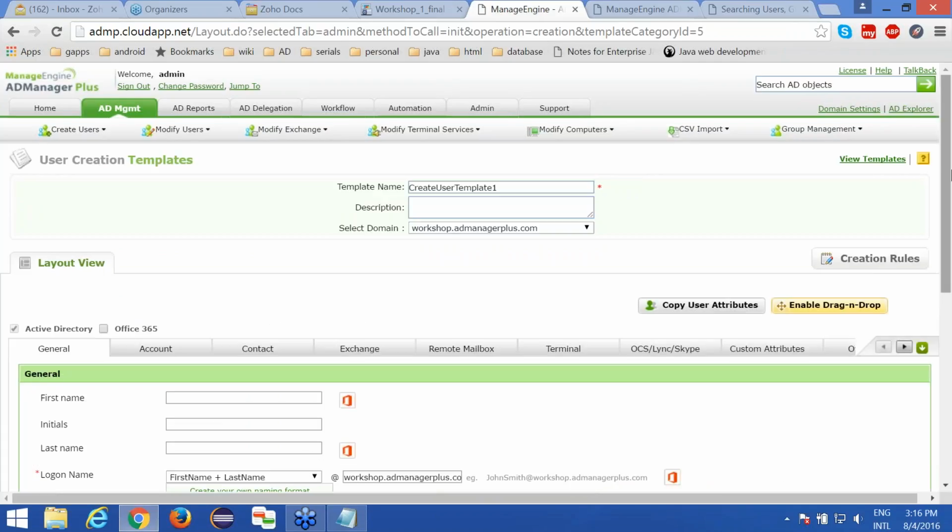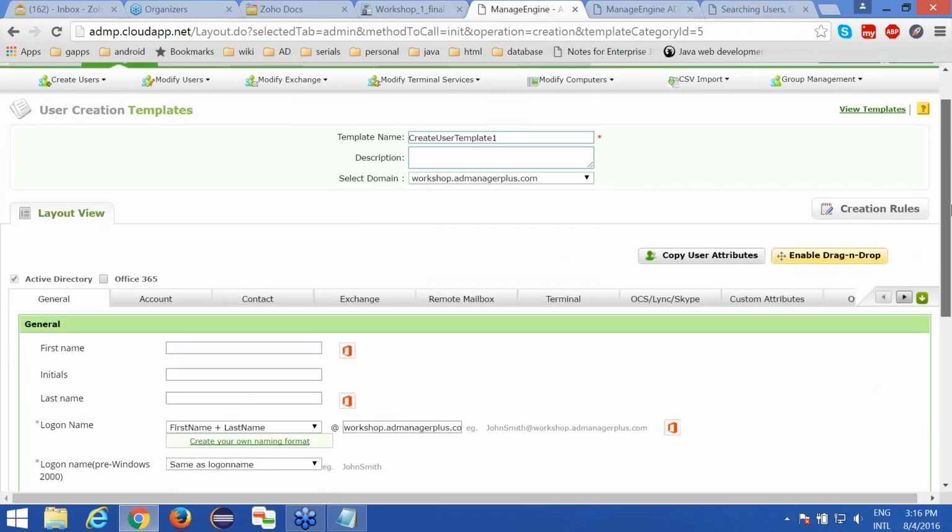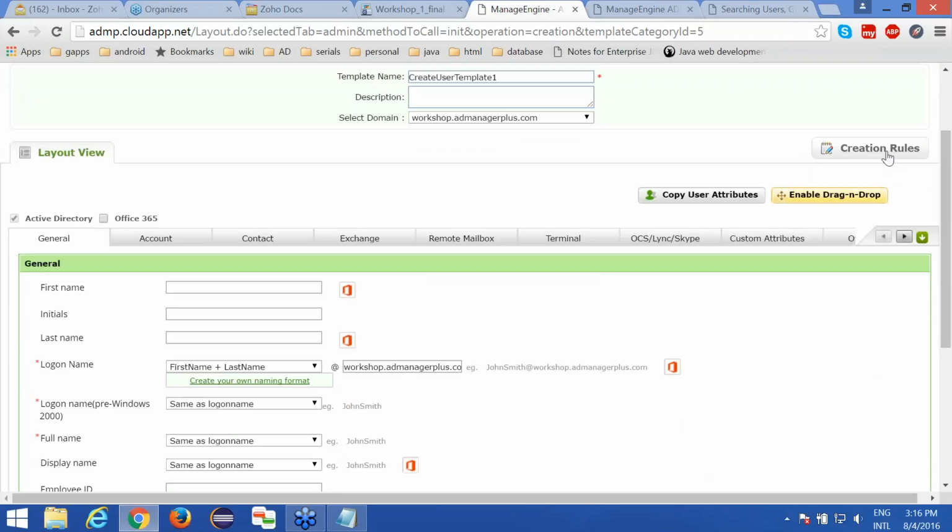So this is what a template looks like. You can see some additional options over here. There is creation rules, copy user attributes, enable drag and drop. You can assign a name to the template. Let us do that. Okay, I'm going to name this template as